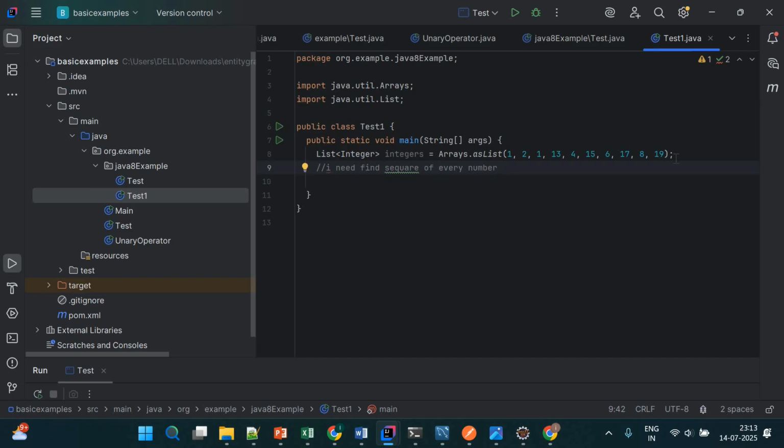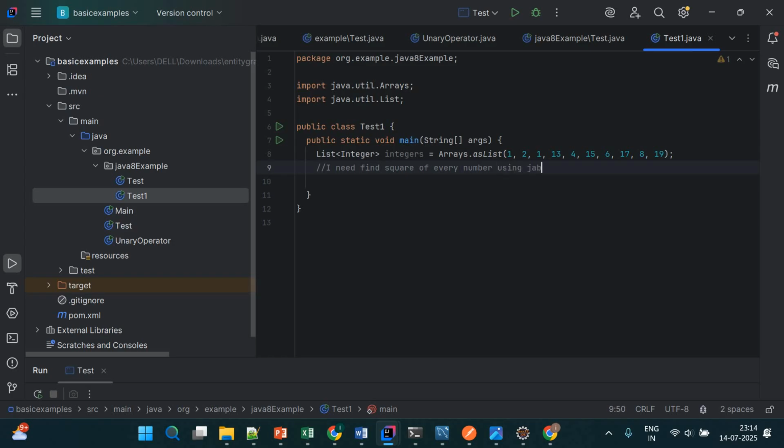For example, here we have a list which has multiple elements. Now I need to display the square of every element. One should display one squared, two will display two squared, and one again displays one squared. So what should we do here? And you have to do it using the Java 8 approach only,